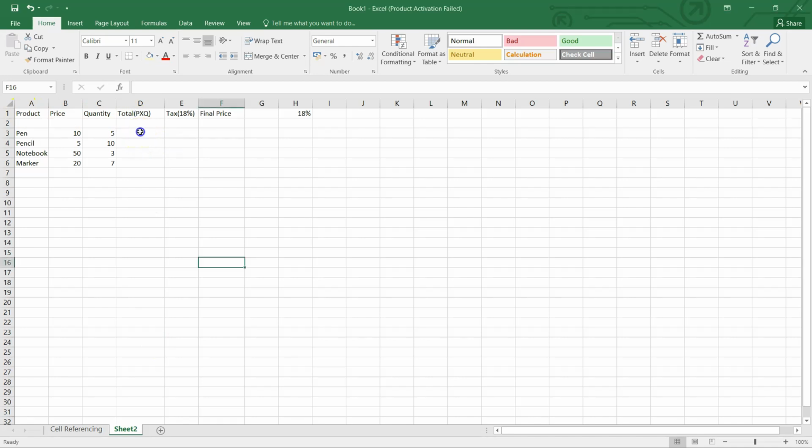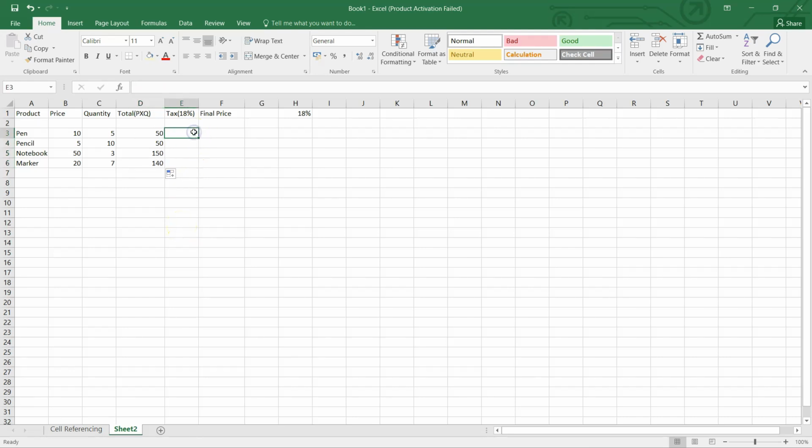Okay. So I want to get the total price, that is price multiplied by quantity. So I would give you 5 seconds to guess which cell referencing are we going to use over here. In such cases, we typically use relative cell referencing. I hope you all have guessed it correctly. Here, we'll use a relative cell referencing. My price will be multiplied to the quantity. So I'll just use the cell of price and the cell of quantity and get the answers over here. Similarly, I'll just simply drag it so that rest of it gets calculated.